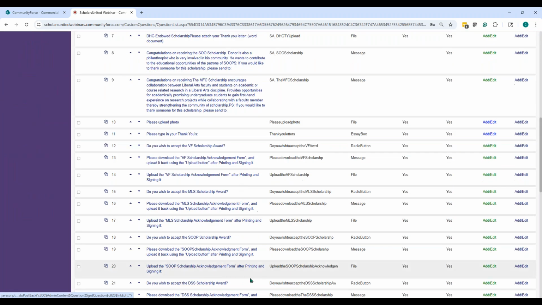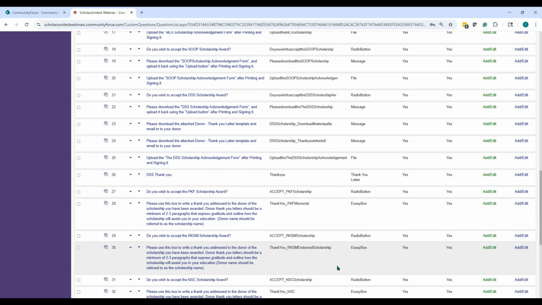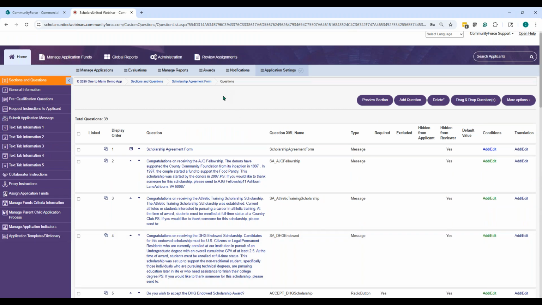And then you can add a signature where they can sign it here. They can do an electronic signature. You can do the agreement all right here on this page. Now, sometimes, based on specific scholarships, you can even create staff sections. In those staff sections, if you have something that you don't want to put here, maybe something specific to just that applicant, then you can create a staff section and create that question there, and then link it in here so that when the applicant opens it up, they'll see the reply.